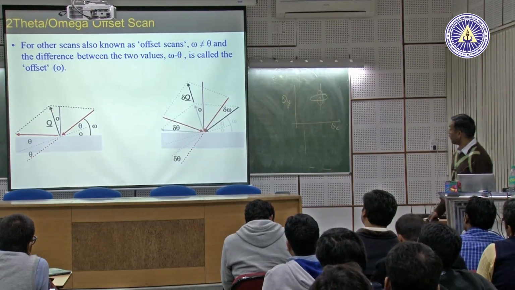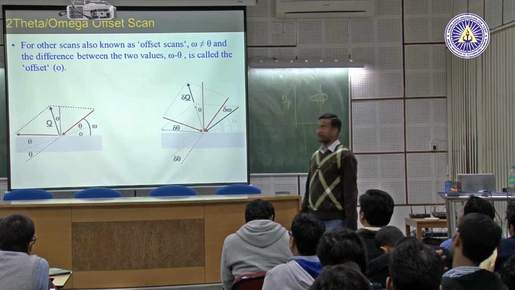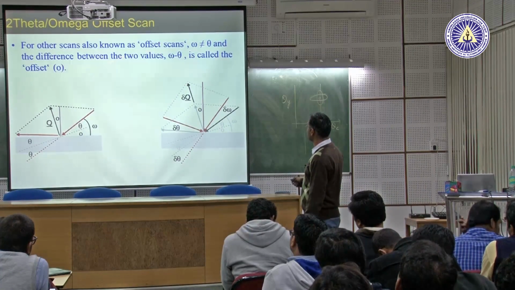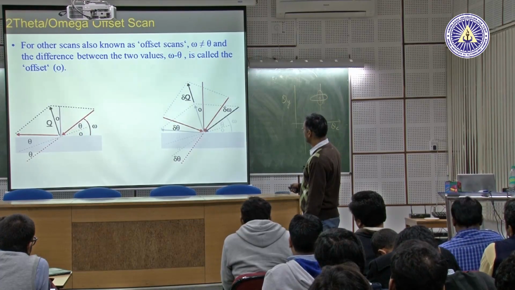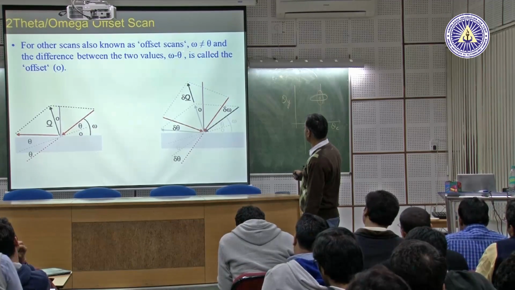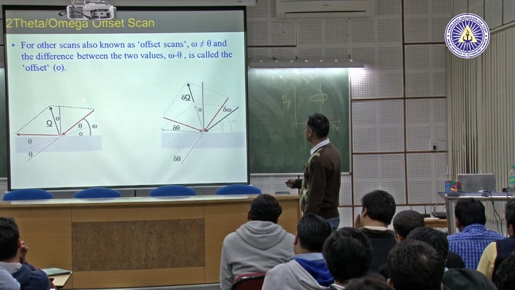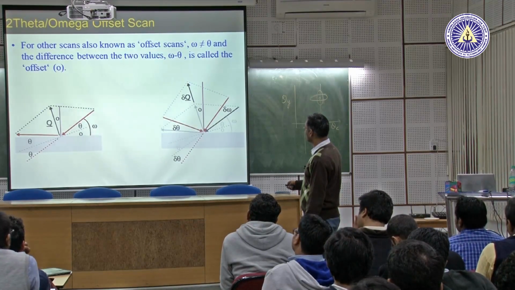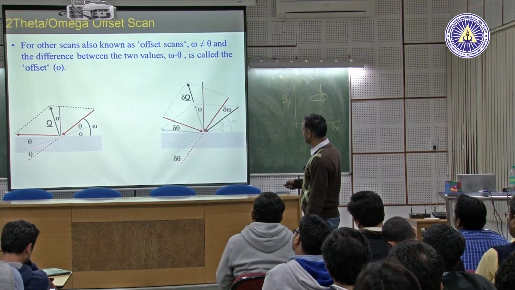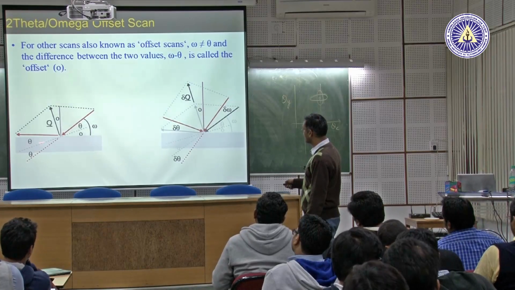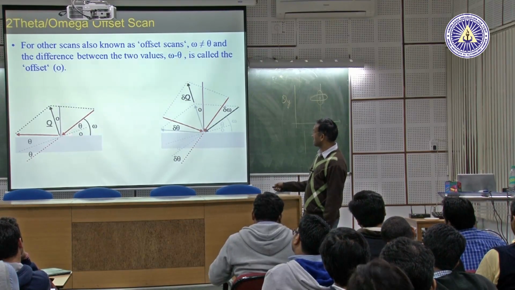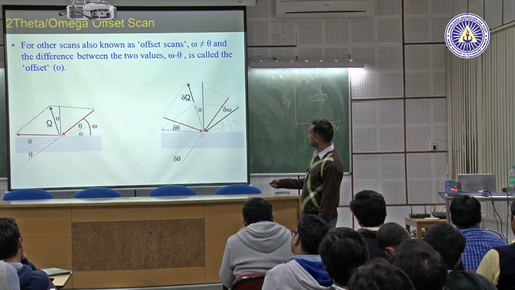And you can also do offset scans, which is for asymmetric scan. In these cases, omega is not equal to theta. As a result, the difference between the two values is called the offset, and since you are now looking at a plane which is an asymmetric plane, which is not parallel to the surface, your Q vector is also in some other direction. So this is your offset scan,